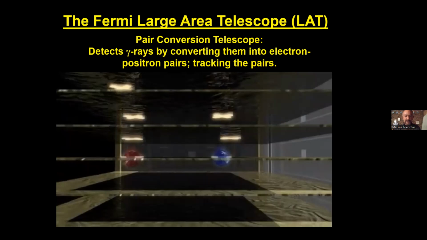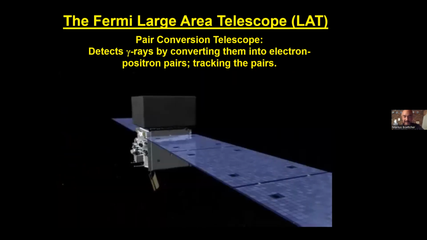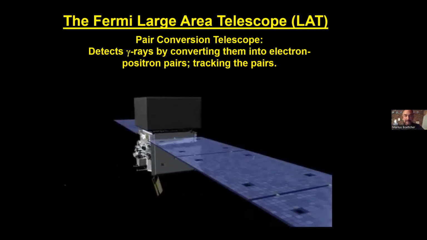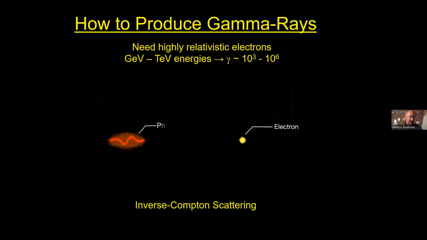And so we can measure first the direction where the gamma ray came from. And ultimately, down below, we measure the energy that they have, in the calorimeter. So we can measure the photon energy and direction. That's precisely what a telescope was supposed to do. So this is how Fermi-LAT works as a gamma ray telescope.